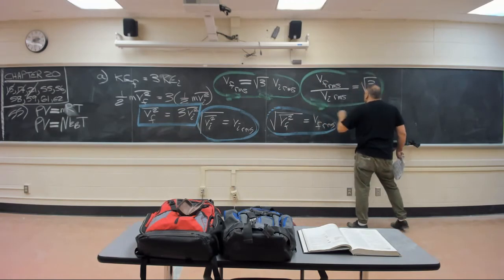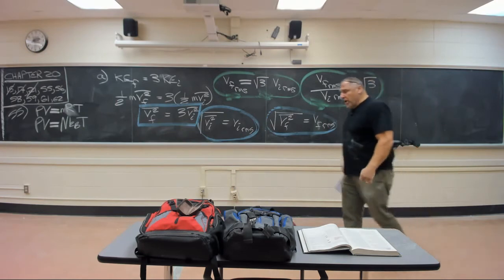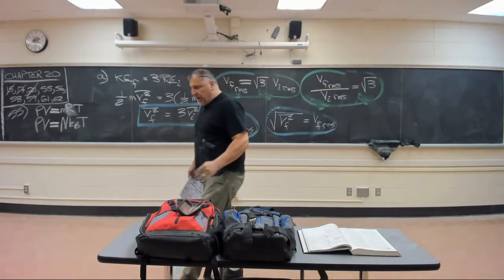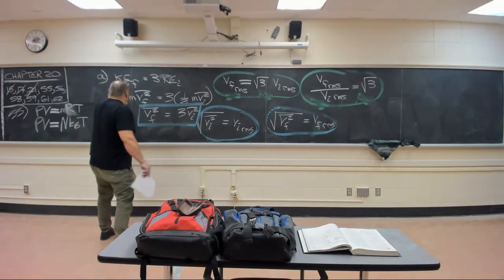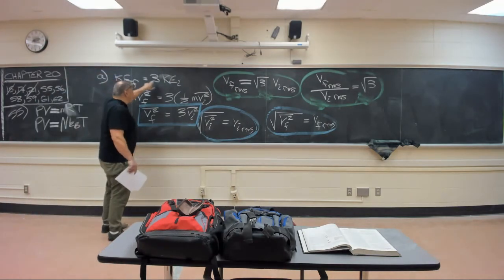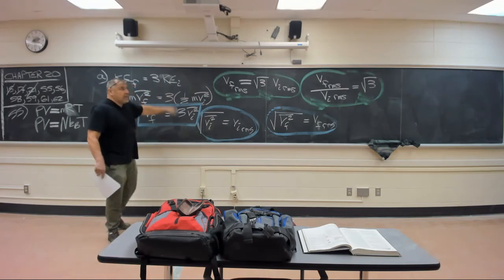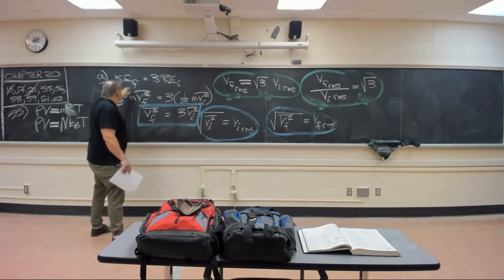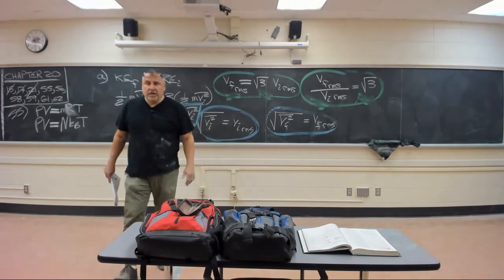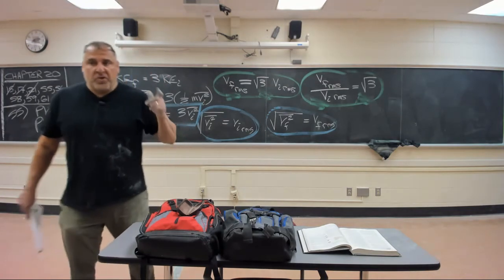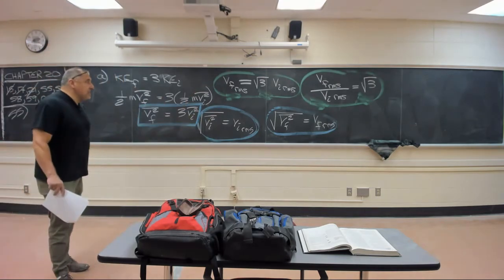Yeah, absolutely. What's the ratio? The faster one, if you're going to triple the average kinetic energy per particle, and that's what this is. The KEF is 3 times the initial KE. If you want 3 times the initial kinetic energy finally present, you've got to have 3 times the average kinetic